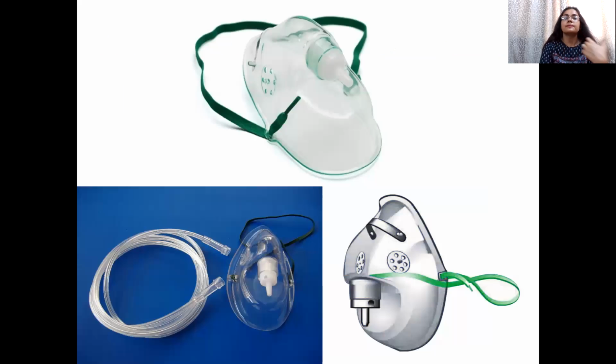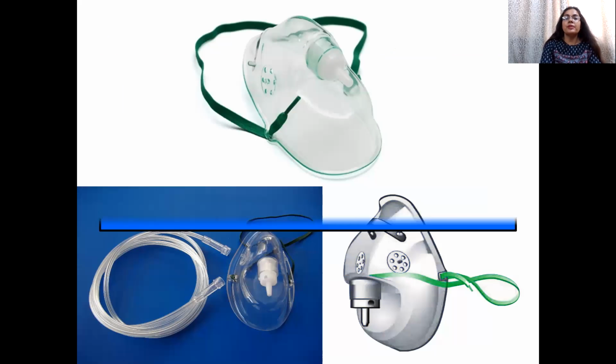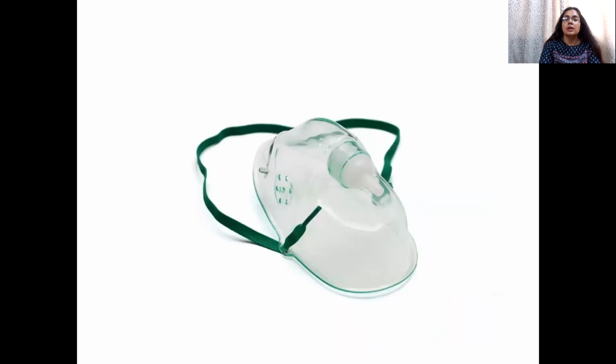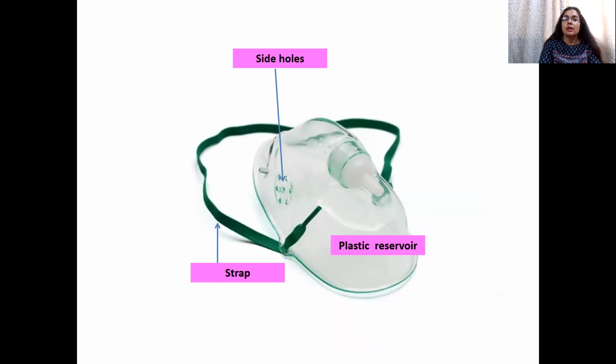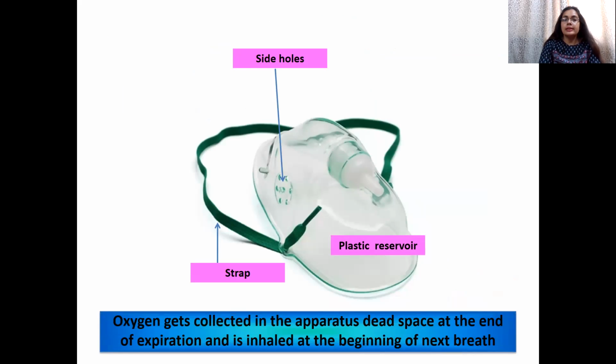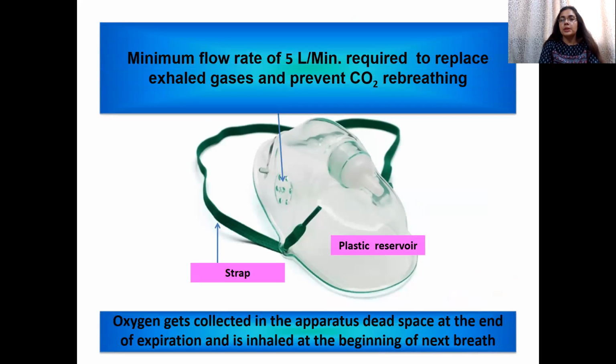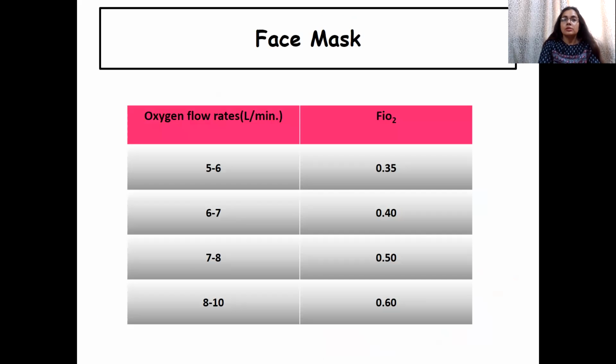use with this device. The next is the simple face mask or the Hudson mask. So here there is a plastic reservoir, there are side holes and a strap to adjust it over the head. Oxygen gets collected in the apparatus dead space at the end of expiration and is inhaled at the beginning of the next breath. So if you want oxygen in this reservoir, the minimum flow rate should be at least 5 liters per minute. So the face mask, if you give at 5 to 6 liters per minute, FiO2 delivered is